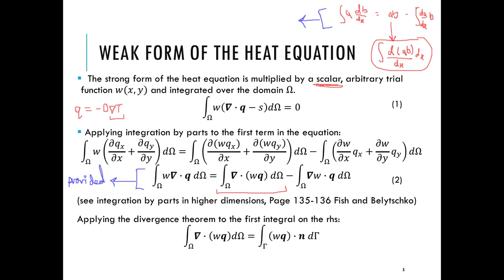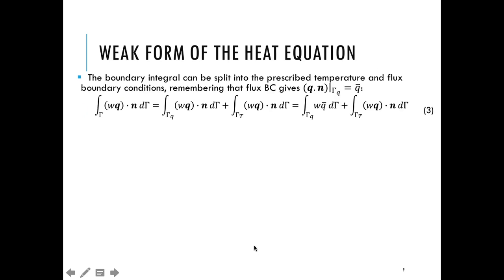ठीक है, अब इस एक्सप्रेशन को, ये जो सरफेस इंटीग्रल गामा है, इसको भी हम मज़ीद मैनिपुलेट कर सकते हैं, because I know कि मेरी जो टोटल गामा है, that actually consists of the flux boundary and the temperature boundary. तो मैं इसी को ब्रेक डाउन कर दूंगी into an integration over the flux boundary plus an integration over the temperature boundary, nothing else for now. ठीक, नेक्स्ट नोट कि जो फ्लक्स बाउंड्री है ये तो हमारी नेचुरल बाउंड्री कंडीशन थी ना, इधर तो हमें हमारा q पता है, that is